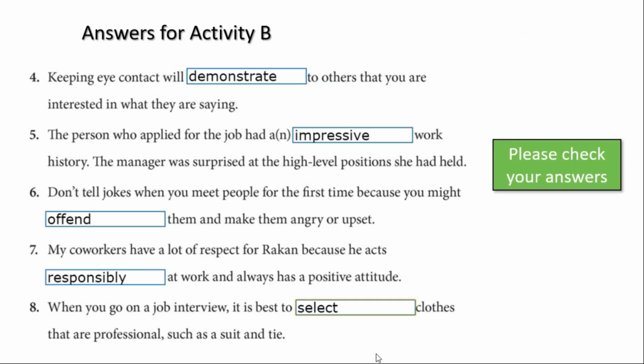Right, these are the answers for activity B. We have 4, 5, 6, 7, and 8 done for you. Please check your answers and see how you have done. Remember to identify the keywords and also the parts of speech, and this will help us use the words that we have gained from our